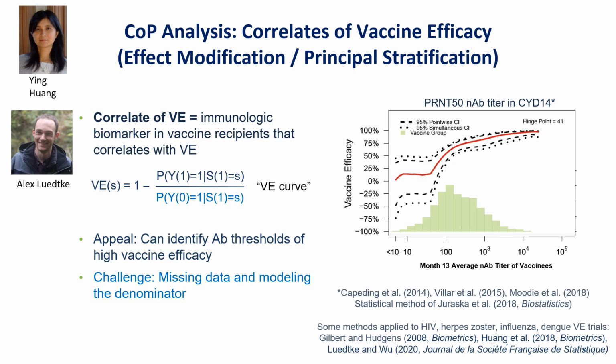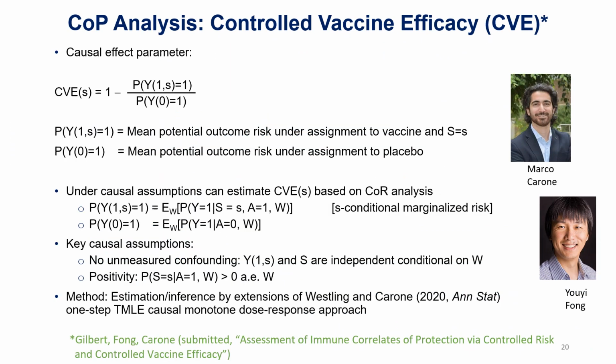And for trials like these Dengvaxia trials, where many people enrolled were previously infected with the pathogen, we can use the neutralizing antibody marker at baseline as the predictor of the immune response, and that works well. And that's why we were able to, I think, have pretty good success in this analysis.